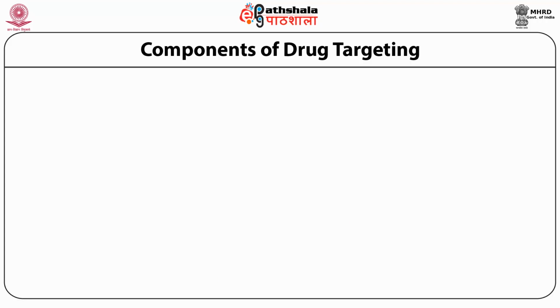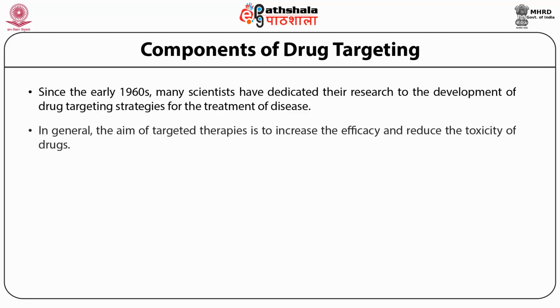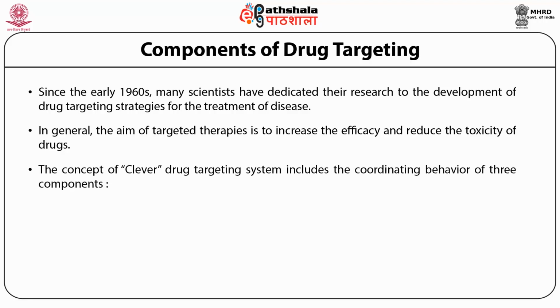Drug targeting, you can see here, since the early 1960s, many scientists have dedicated their research to the development of different targeting strategies for targeting the drug for improved treatment of diseases. Generally, we can say the aim of targeted therapies is to increase the efficacy with reduction in toxicity. So you can also call it the concept of a clever drug targeting system, and that includes